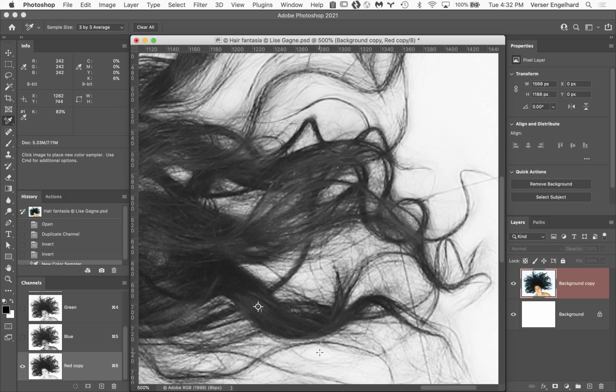100% K would be black, 0% K would be white, 50% K, 50% gray. Anyway, those are not the numbers we're used to working with. We're used to working with RGB. So even though this is only a grayscale, we can change it to an RGB readout, which is what we